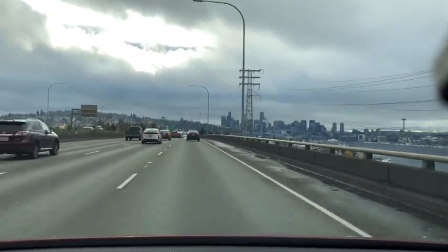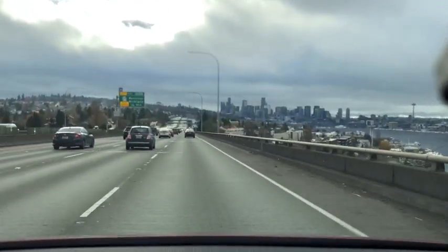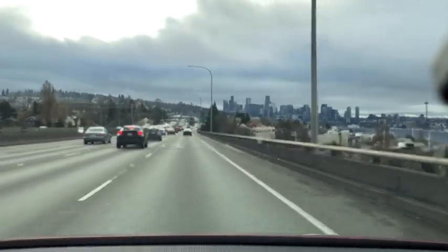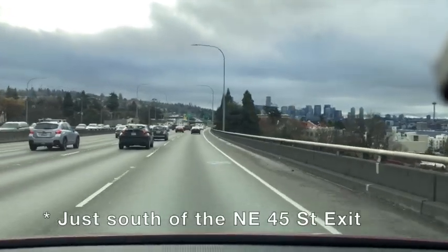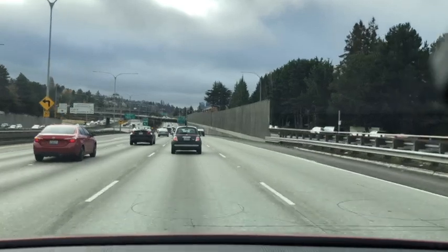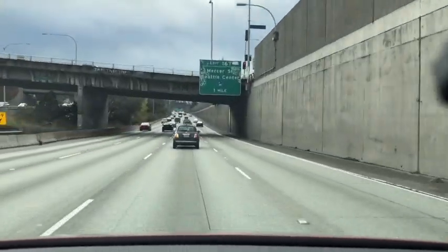One trick from somebody who's been commuting through Seattle southbound for a few years: if you're coming through Seattle southbound on I-5, once you get to the University Bridge, which I'm going over now, the best thing you can do is to try to stay as far to the right as possible. Today traffic is pretty light, but stay as far right as possible until you get down to just ahead of here. The far right lane is going to turn into an exit only at Mercer Street,